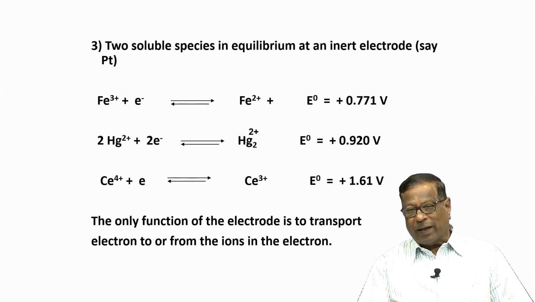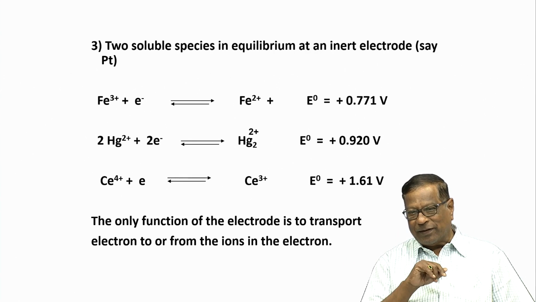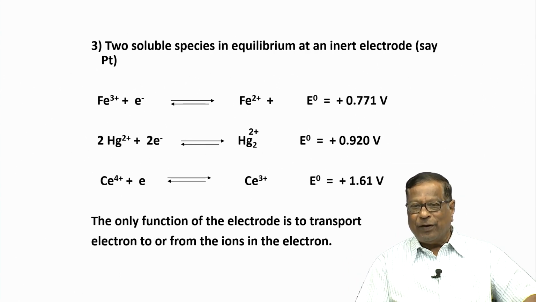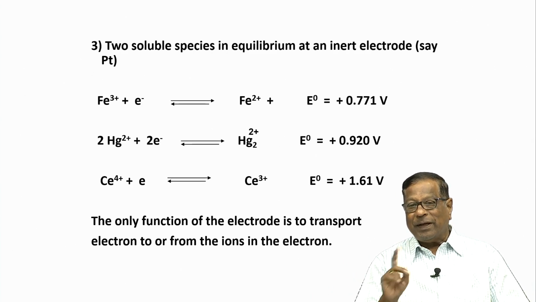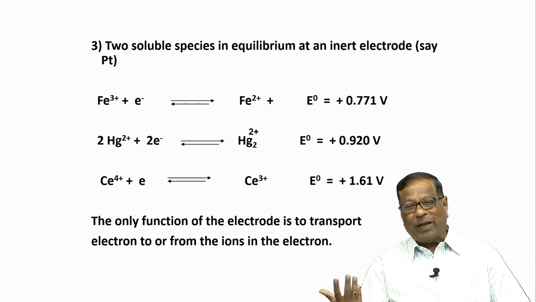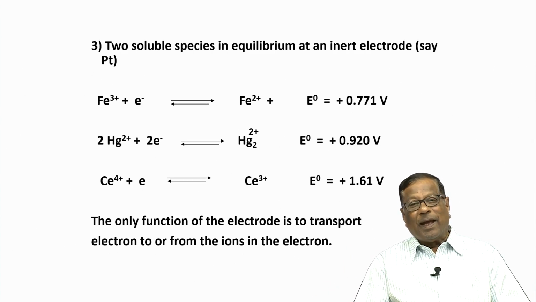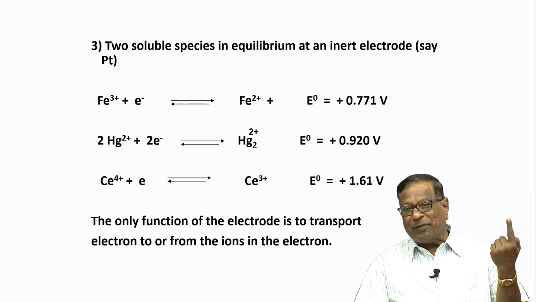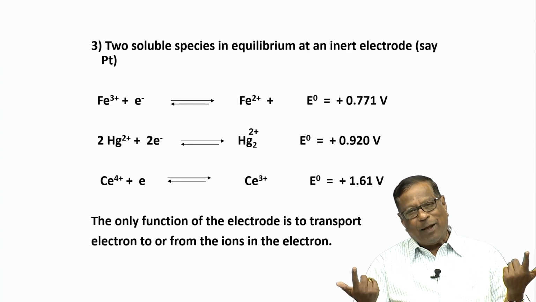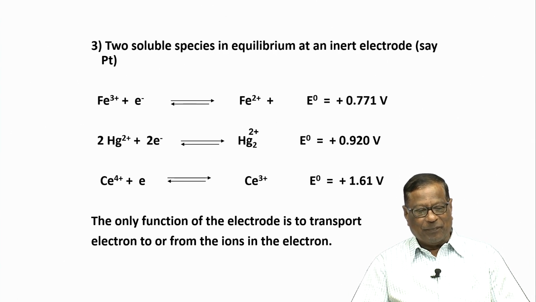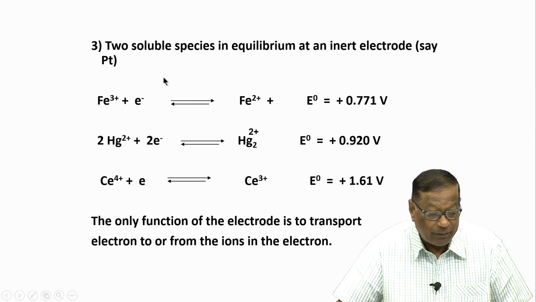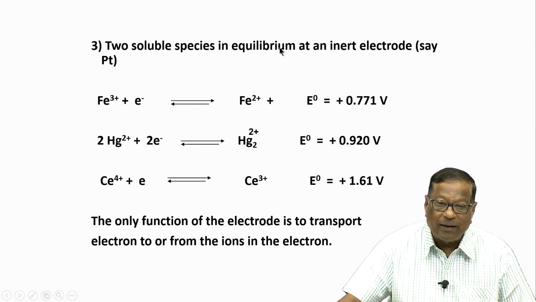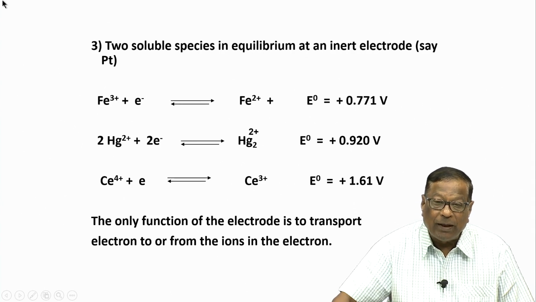So far I had explained to you that when any oxidation state is reduced, it should go to metal. That is not always true. What is true is that it can go to a reduced state that can also be in solution. In such cases, I cannot have a reduced species metal ion electrode. I cannot have an Fe2 plus electrode, I can have only an iron electrode.